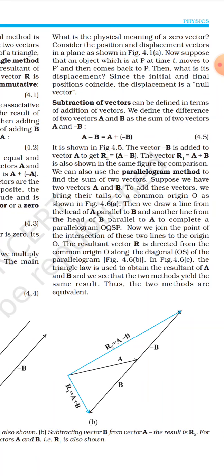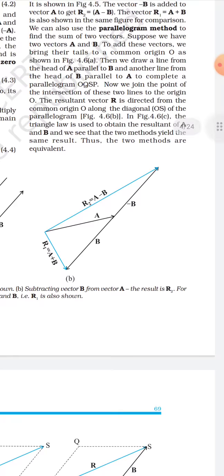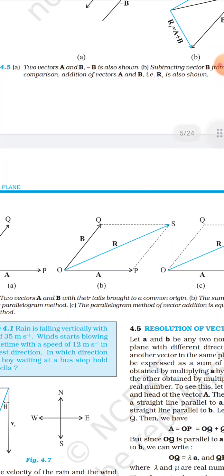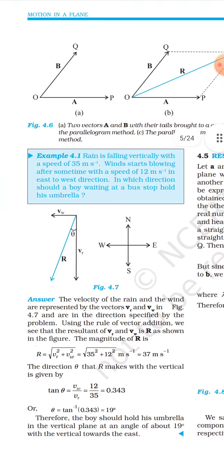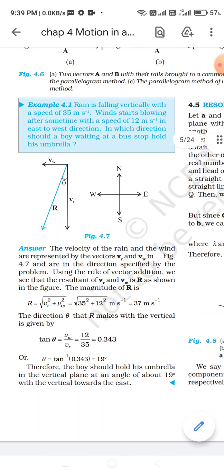Here, for the addition law, we can use the parallelogram method of vector addition, where we have to take the sum. Now how does the sum take place? See, in this diagram, we have taken two vectors, a and b. Vector a is along the OP line and vector b is along the OQ line. If we extend P up to S and extend Q up to S, the shape that is formed is a parallelogram. And if we draw a diagonal, the diagonal gives the resultant. So this is the parallelogram law of vectors.